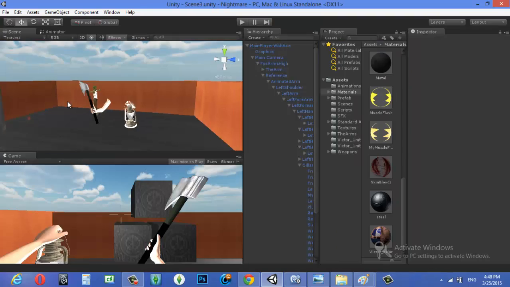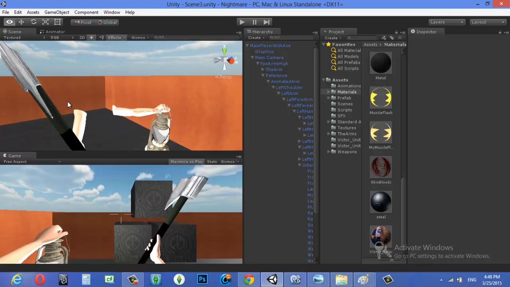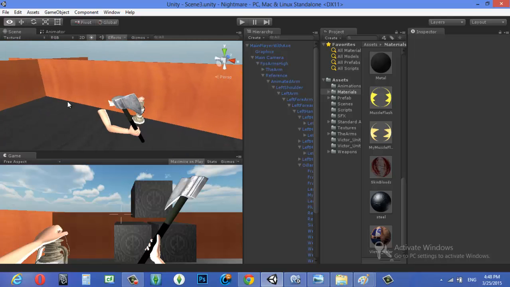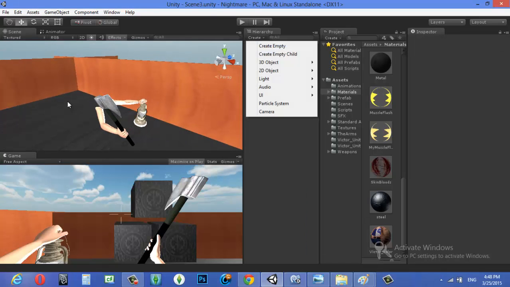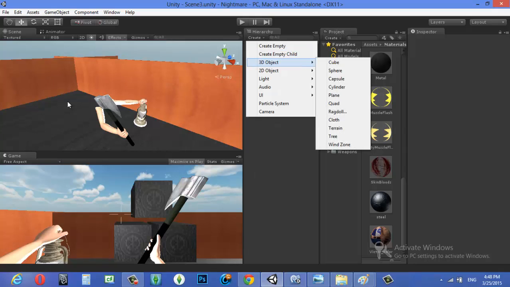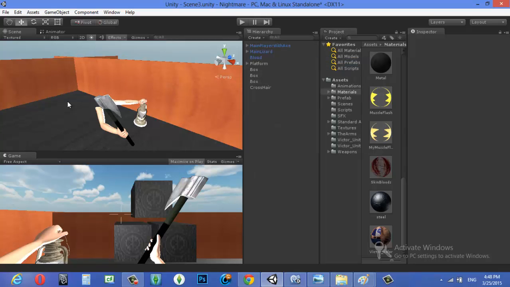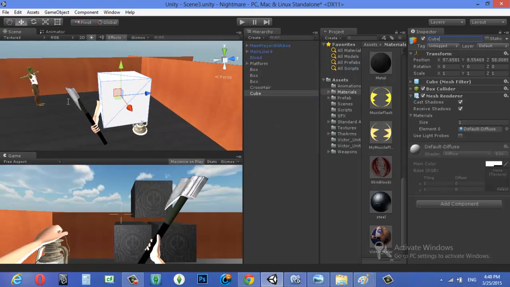So this is again a neat little trick for that too. What I'm gonna do is add blood onto my camera. So this is the way I'm gonna do it. There are multiple ways, once again, but I'm gonna do it this way. I'm gonna have a cube right now. I'm gonna call it